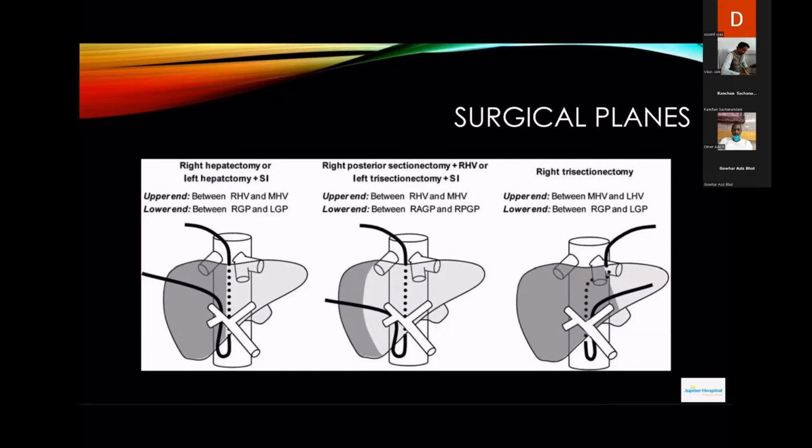So as seen in the images, you can do a right hepatectomy wherein you pass the tape between the left and the right hepatic vein, and then come out between the right and the left portal vein. But if you want to include the 4A and 4B segments in a right